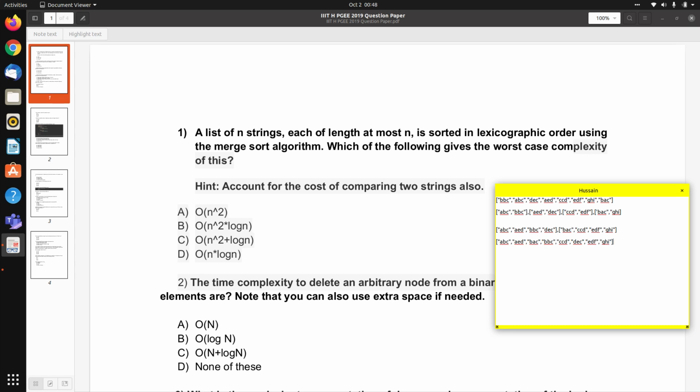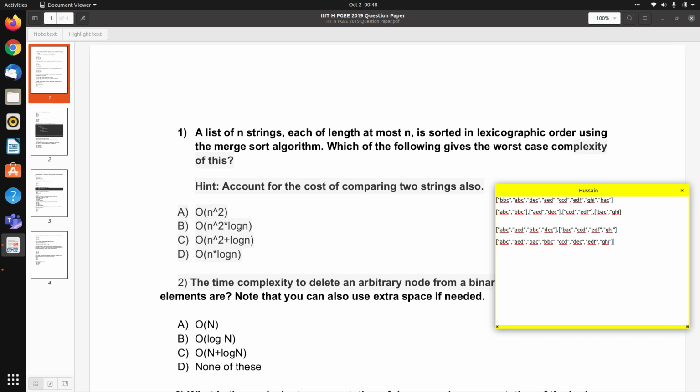Now if you remember, the merge technique itself takes order of n time. So to compare two strings, we are doing order of n work, and for the entire merge operation, merging the array, we need order of n time.